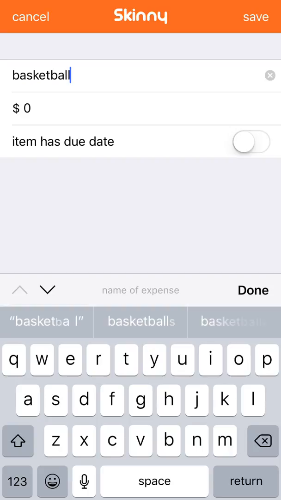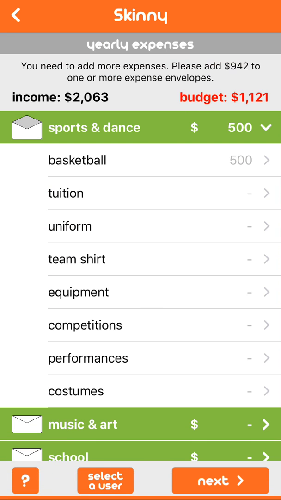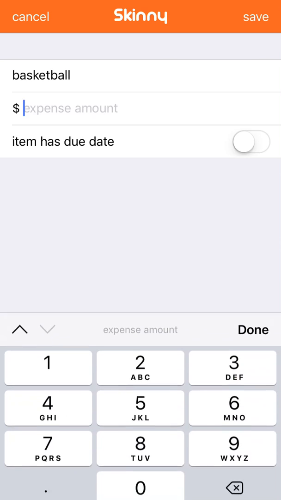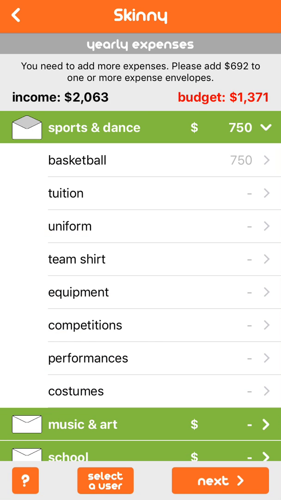Basketball. We could break it down to basketball shoes, jersey, team pictures, registration, and tournament fees, but we're not going to. We're just going to say he's going to spend $500 this year on basketball. Oh, you know what, we're going to add more to that. We're going to say $750 this year. He's going to do a lot of basketball, a lot of camps, or a lot of games